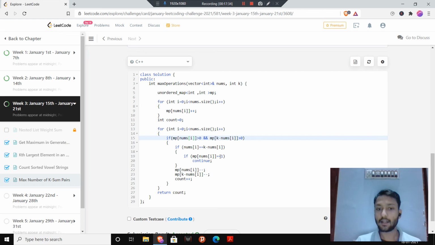If they are not equal, that is, the mp of nums of i will be greater than 1. Okay, so I will decrement the frequency of nums of i, decrement the frequency of k minus nums of i, and as my element is found, I will increment my count, and then I will return my count.